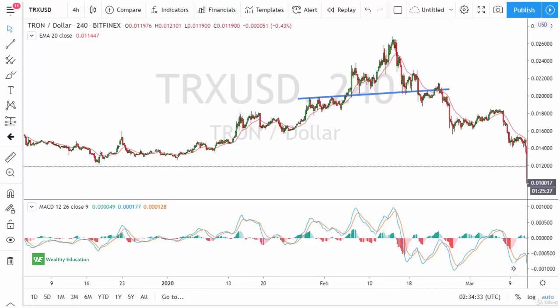In the next video, I'll take a look at something called a doji candlestick and the myriad of different types